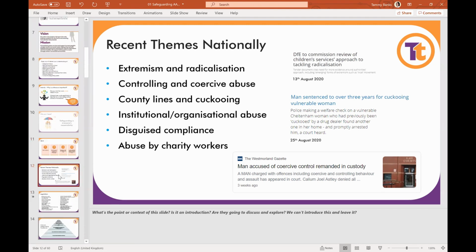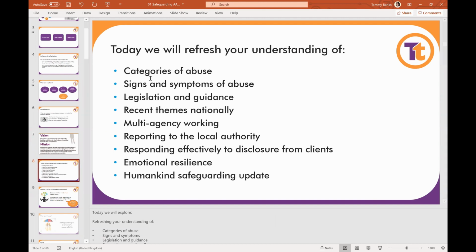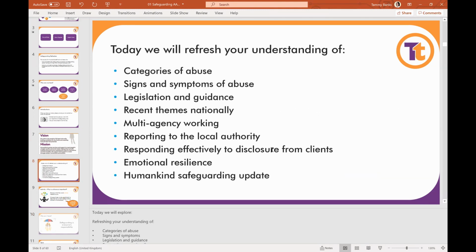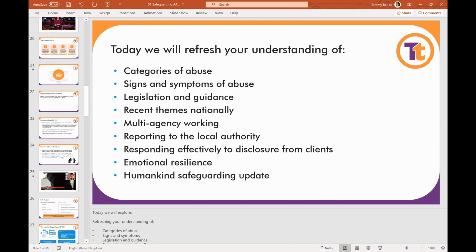So I think as a way to deliver it, I'm just wondering whether this needs to change. I would probably change this title slide as well to say, today we will: refresh previous knowledge covered in Awareness Alerter, look at Humankind specifically, and introduce you to new information and themes. Obviously you can word it better than my brain's working now. So you could just have that as three bullet points, and then set the presentation in that way. Does that make sense?